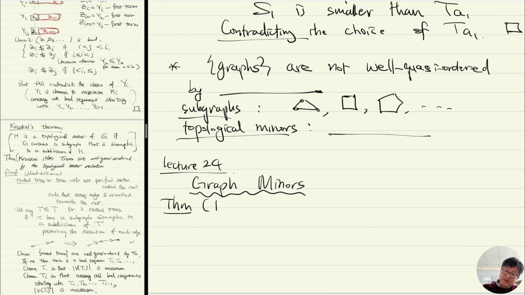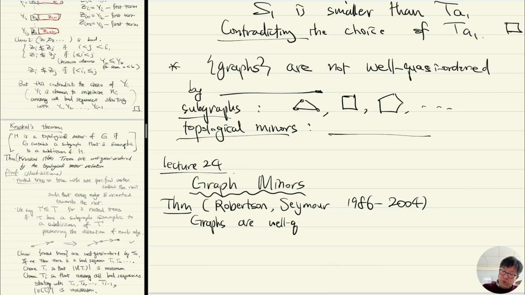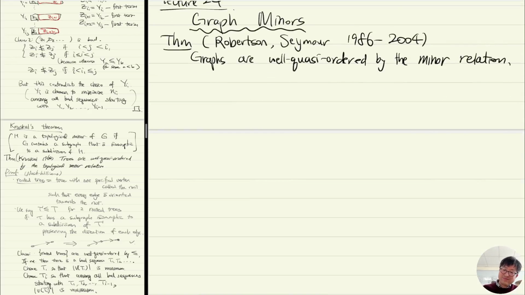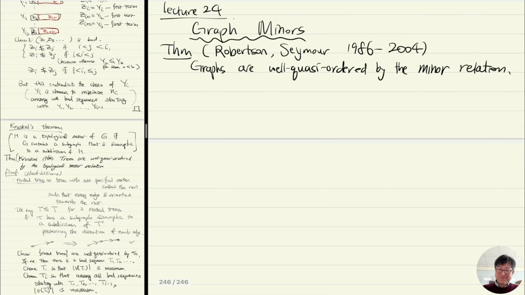This is Robertson and Seymour, from 1986 to 2004, and they proved that graphs are well quasi-ordered by the minor relation. So what does that mean? What does that mean? That means,